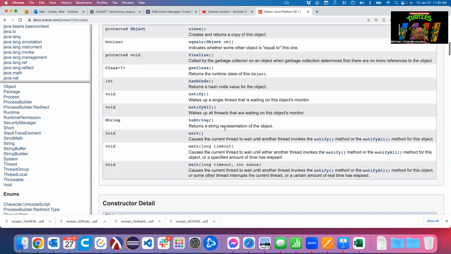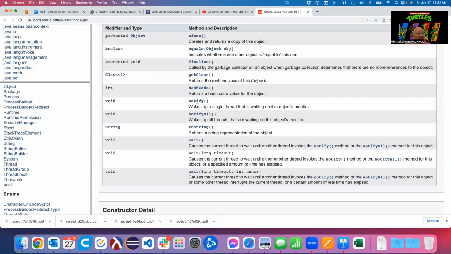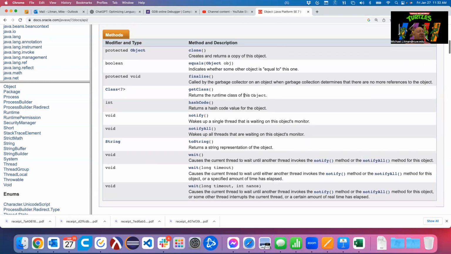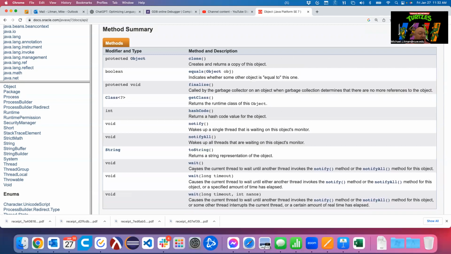It has some stuff that is just part of this, and like this notify method here kind of works with threads. We'll talk about that a little bit. But these are things that are built into what we're going to be talking about, this toString method. This deals with some of the new things that are added into Java. But every single object that exists in the Java language at its most primitive core is an object.